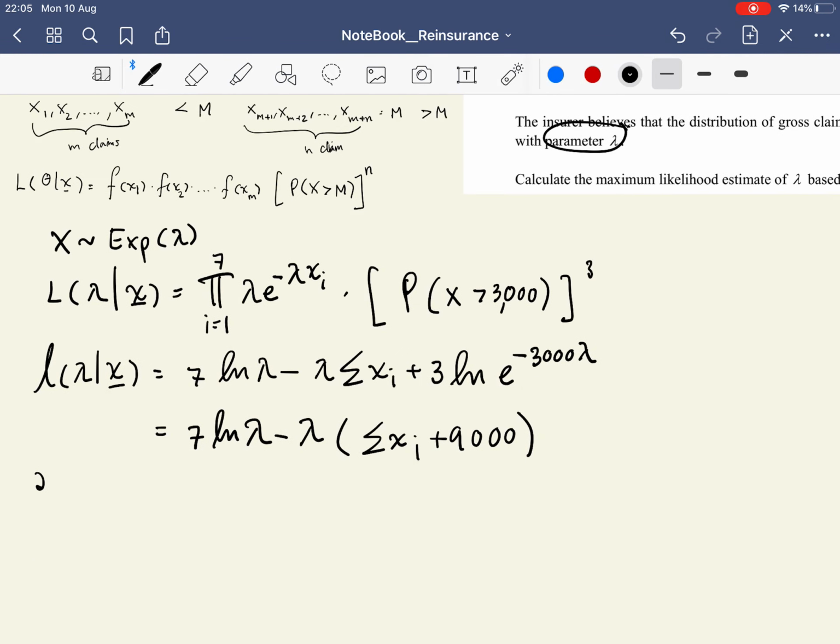Okay, so let's go back to our question. We differentiate with respect to lambda. We have 7 over lambda, take away sigma x plus 9000, equal to 0. So our estimate is 7 over sigma xi plus 9000,